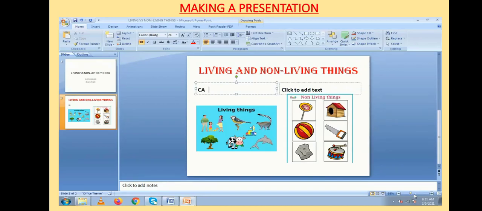So just above the picture I can add some points about living things, like living things can move. Some more points about living things you can add, like living things can grow, etc.